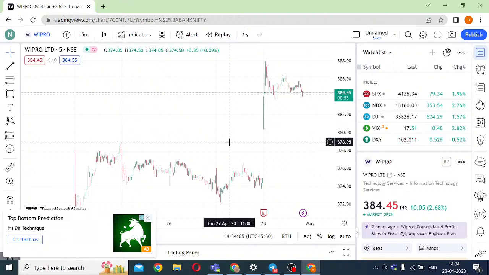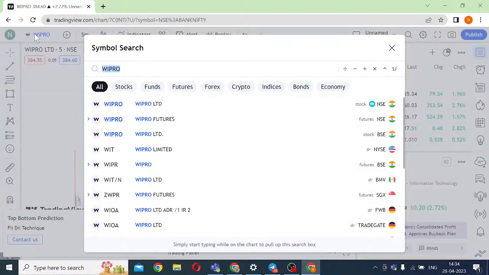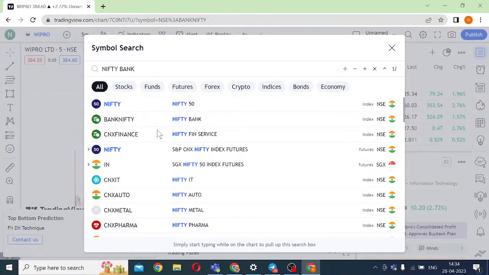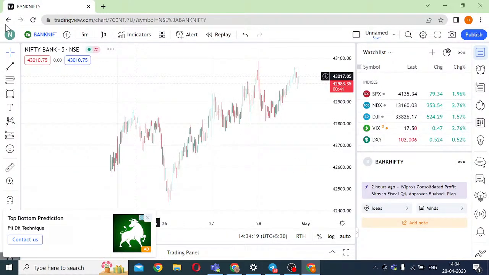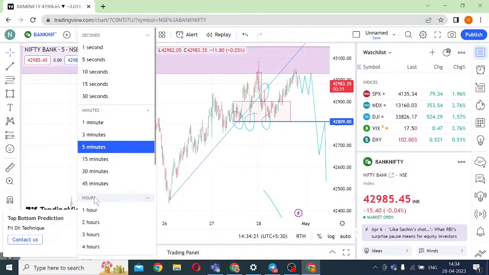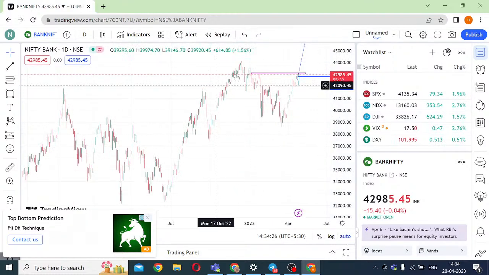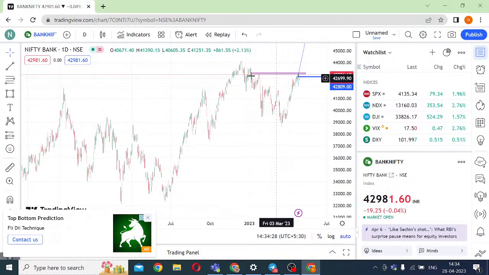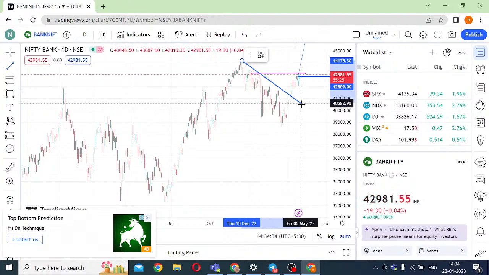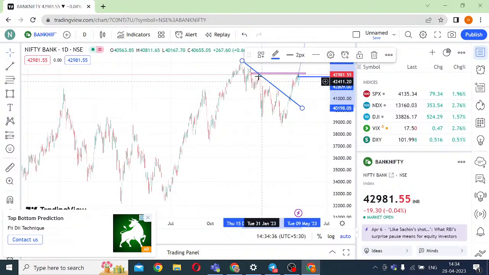Nanda, the question: what is the reason for taking the short trade on Bank Nifty? Let me go back to the chart. Going back to the daily analysis, if you see Bank Nifty from a daily standpoint, there is a thick resistance here. I will try and do a long-term analysis on Bank Nifty, but if you see, there was trend line liquidity being created here.